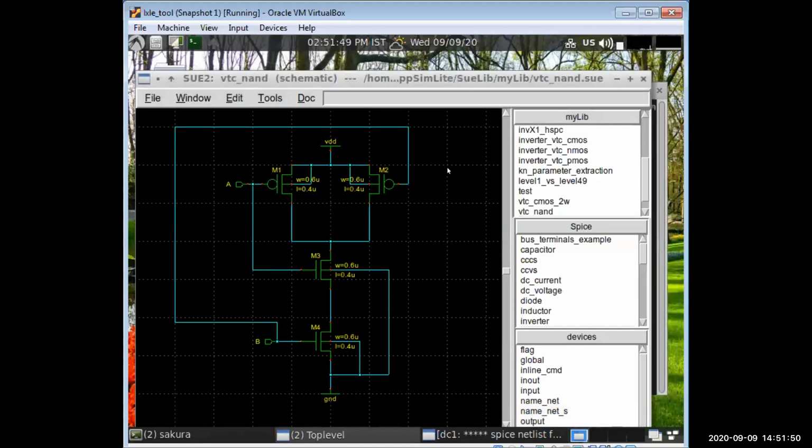So what is happening is the NMOS which are here, the pull down network, that is in series. So for this what happens, the resistance increases. To reduce the resistance, what we are going to do is we are going to double the sizes of what they were previously. So it was 0.6, it was 0.6, so we will double the sizes to 1.2. So what we are doing from this, we are reducing the resistance so that we will get a better performance as compared to the previous one.